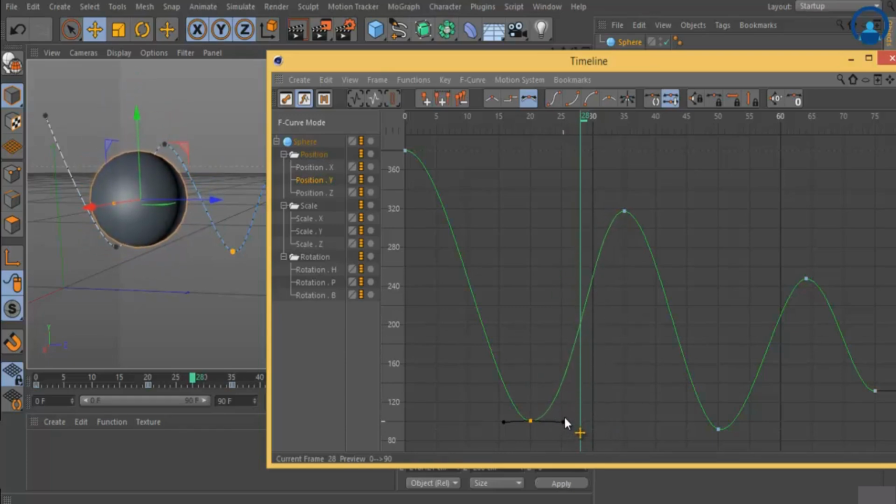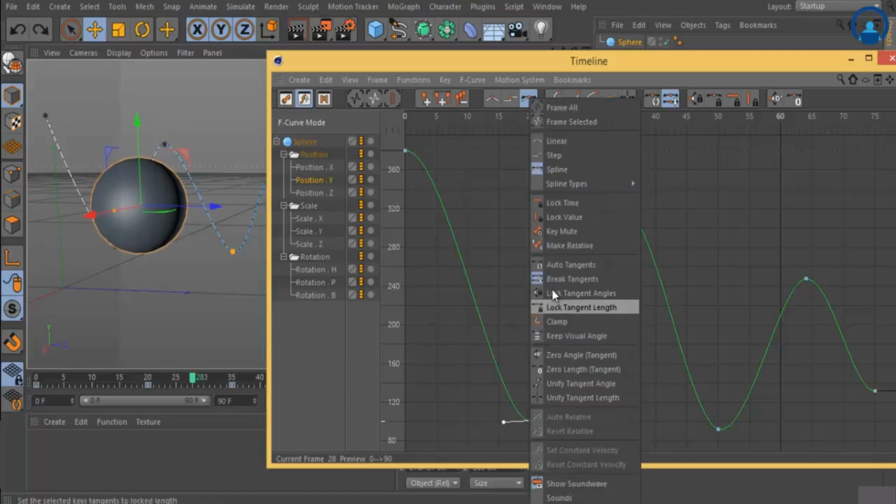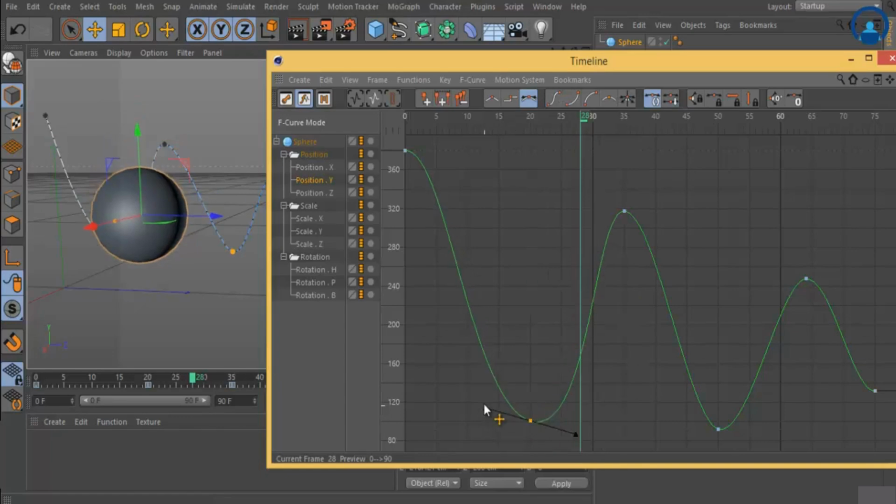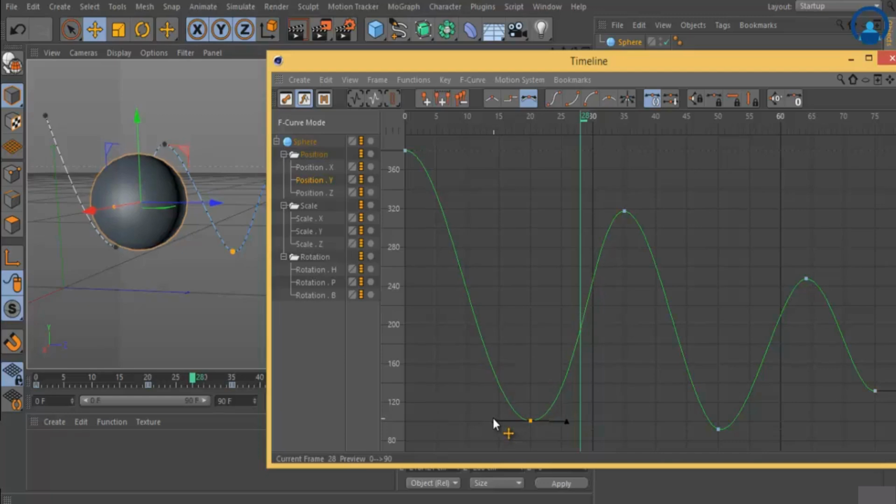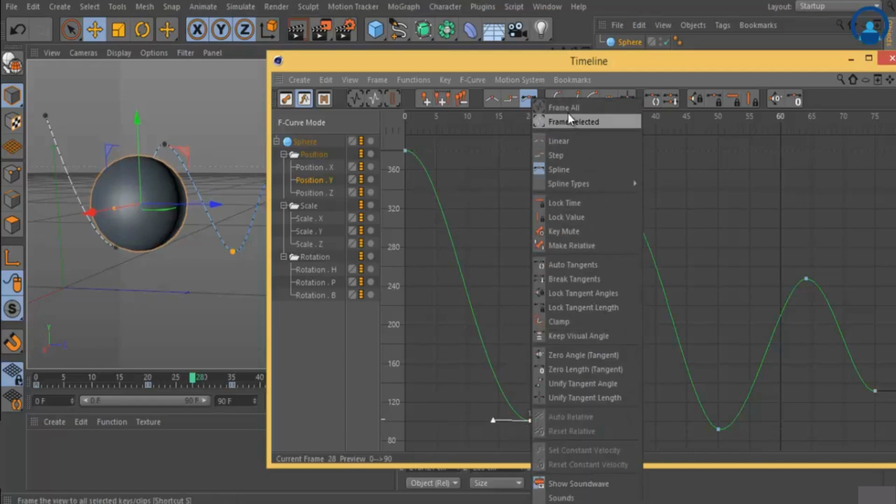This is another very good way to change the animation speed or something like that. I select this, right click it, and I make it a tangent again. So you can see it works same like the previous settings. There are different type of settings available for the handles or for tangent, to check out all things.